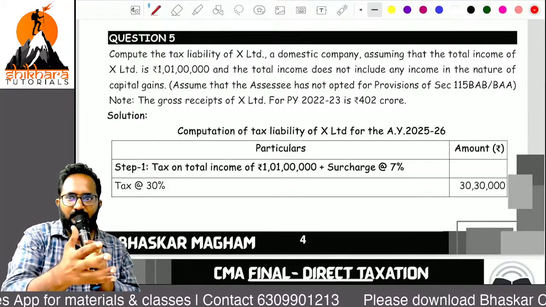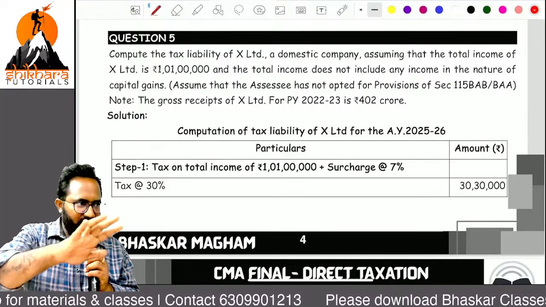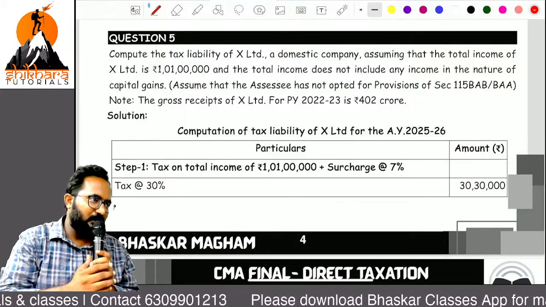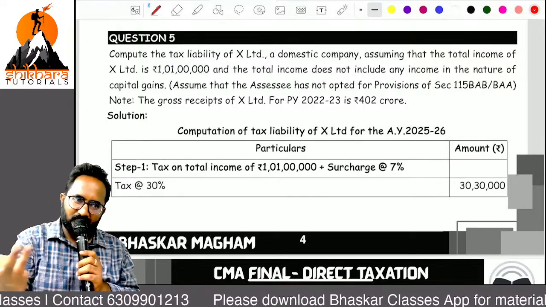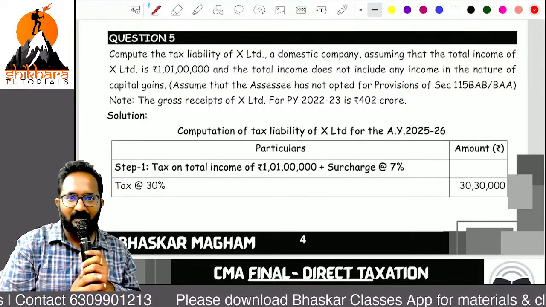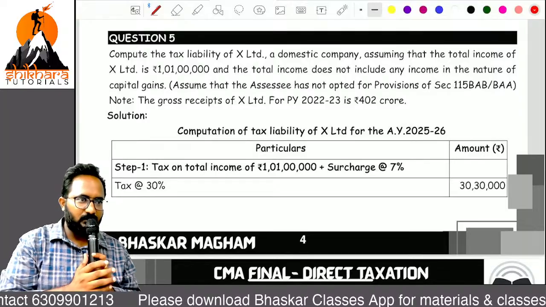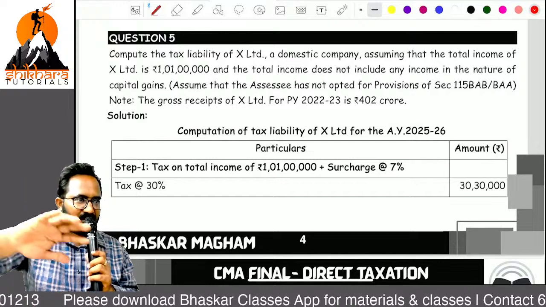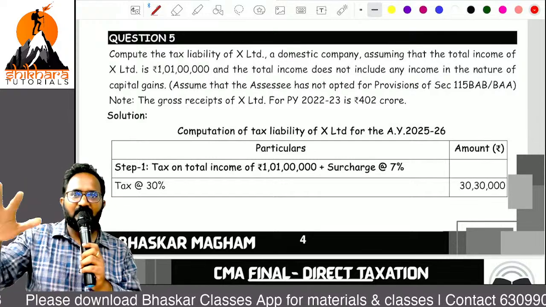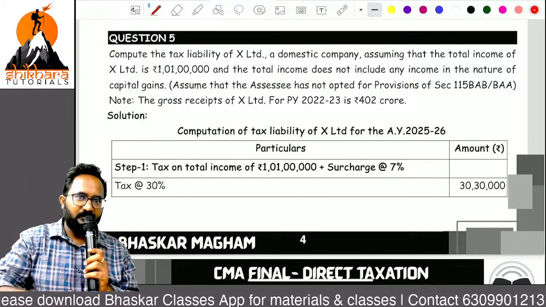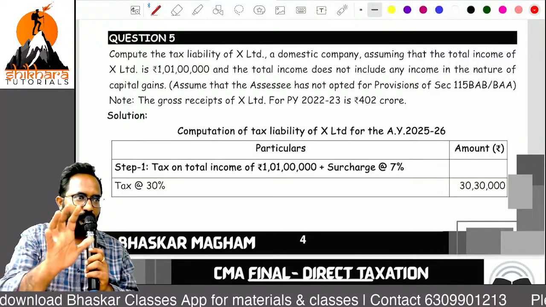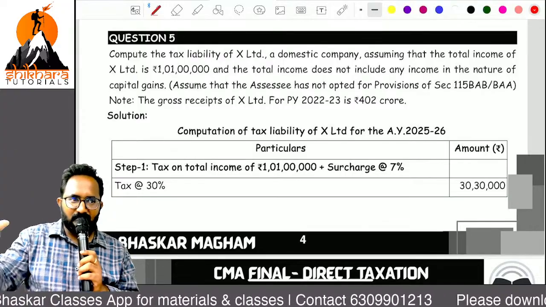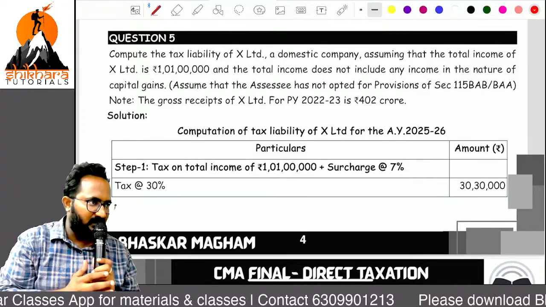So many observations I made in the first batch, that was an experiment only. But fortunately or unfortunately, some of them qualified in that attempt. Anyhow they cleared. But after that I realized, first, no need to start with any of the assessment procedures or return of income chapter. First I need to teach the basic concepts. In these basic concepts, we have a lot of concepts. But what concepts are required for CMA Final? I gathered all the things into one chapter. That is the basic concept.